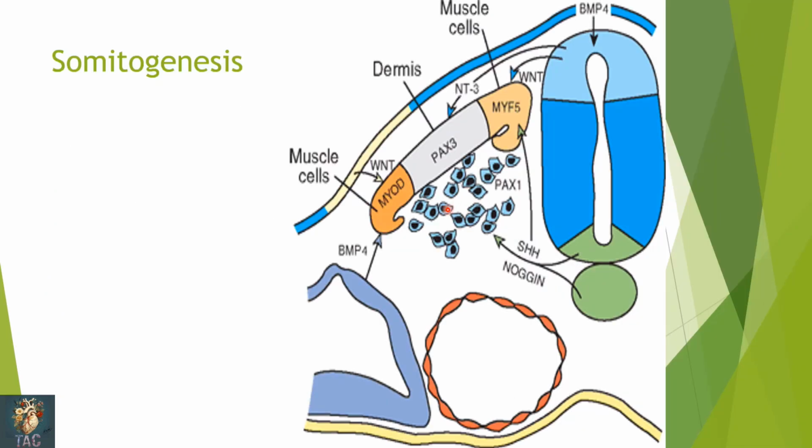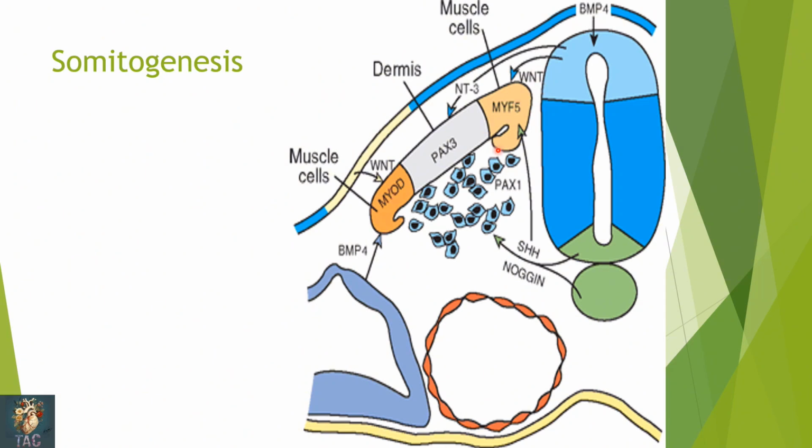Then the different factors which are involved in somitogenesis. As I have told you, the cells which are derived from the ventrolateral edge and cross the lateral somatic border, their pattern is determined by the factors secreted from the lateral plate mesoderm. This factor is bone morphogenetic protein 4, which affects the myoblastic cells and stimulates the myogenic factor D. Also WNT is released from the surface ectoderm, which also stimulates the myogenic factor D, and as a result of activation of the myogenic factor D, the cells which are present over here will form the